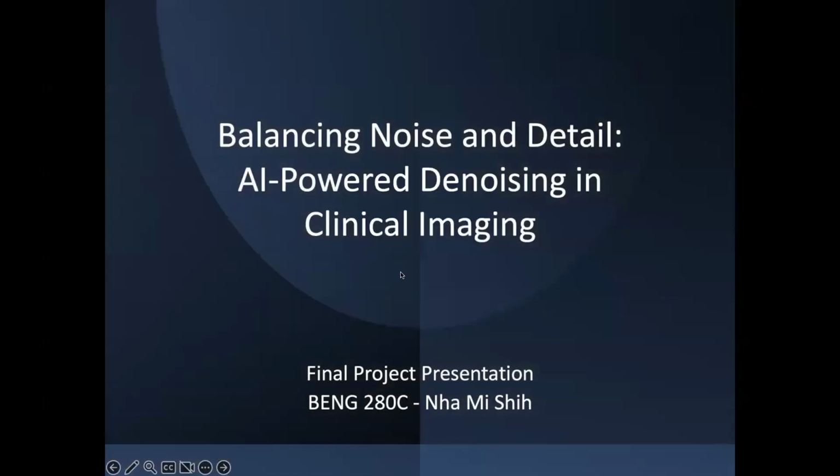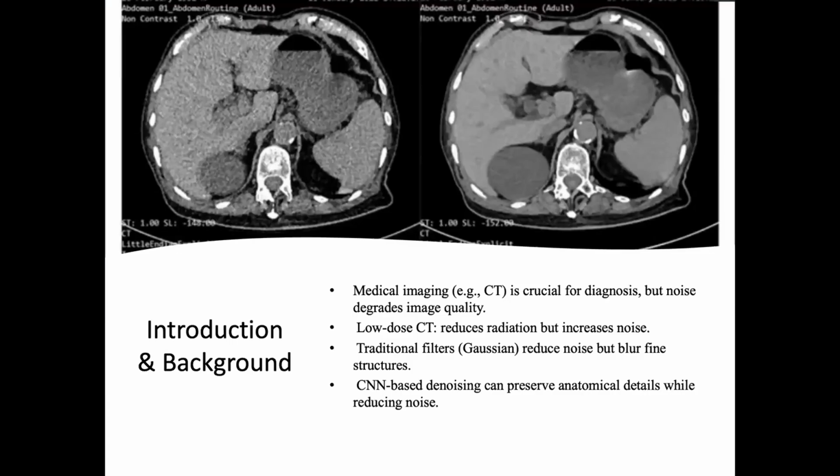Hi everyone. My name is Nyamishi. You can call me Me. My project for the class is about balancing noise and detail by using AI-powered denoising in clinical images. First, I'm going to talk a little bit about the background, which is computed tomography